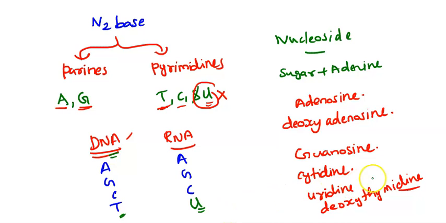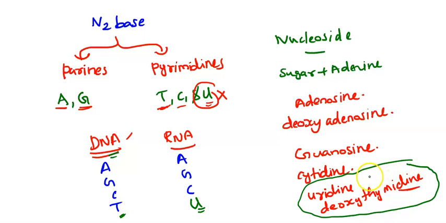So that is why when I took the nucleoside of uracil and thymine, I took uridine, because uridine means which is present in RNA. Then I took deoxythymidine, because that is present in DNA. I cannot spell it simply as thymidine, because thymidine or thymine is not present in RNA. Okay, that is the reason.